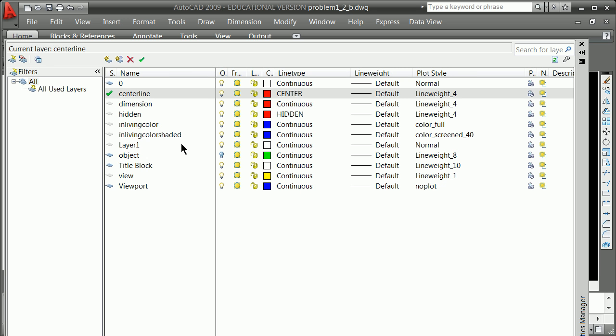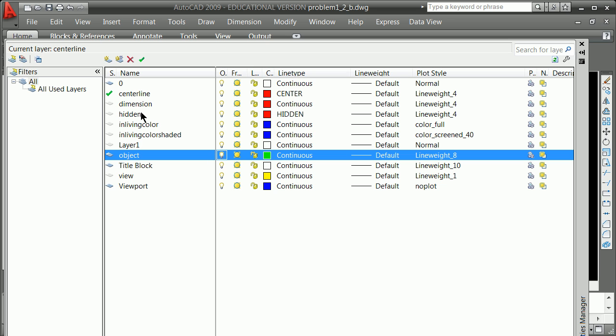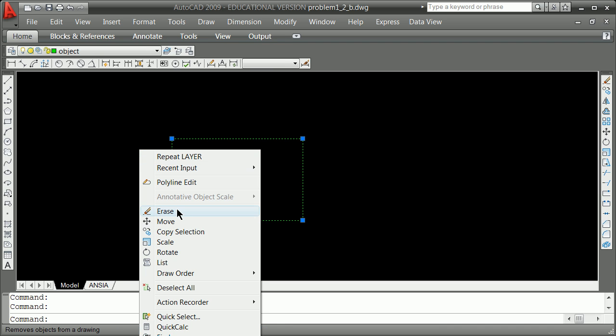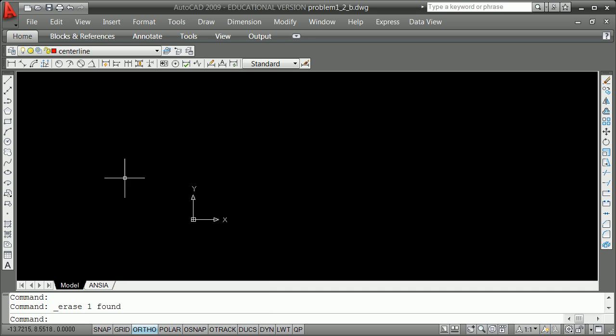And then now remembering that in that last drawing there seemed to be an issue with the layers, so I'm opening up the layers toolbar, clicking on the object layer, at least in my case, and realize, oh, I already had a box there, which you'll see later is something called a feed box. But I'm going to go ahead, right click, erase,